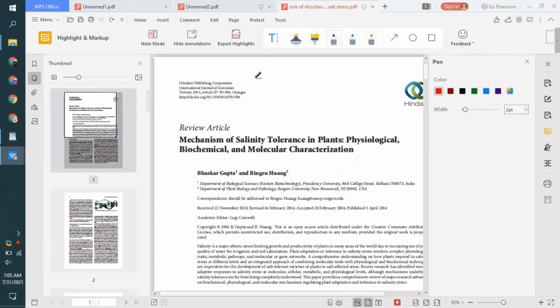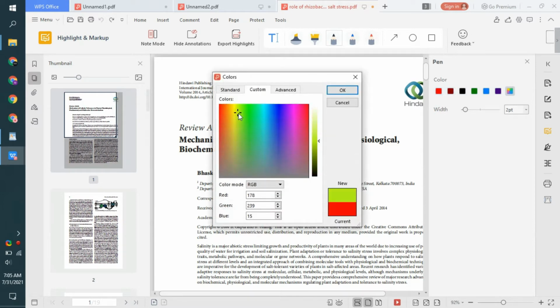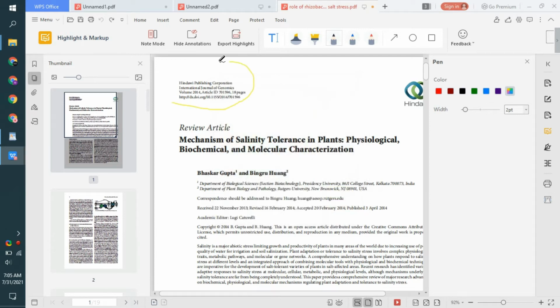Let's suppose I want to create some mark around it, so I can create like this, but you can also change colors from here. I wanted to create some yellowish type to make my text bold. I can do like this, and I can change the brush pencil. Let's suppose like this one. Let's suppose I want to make it bold.